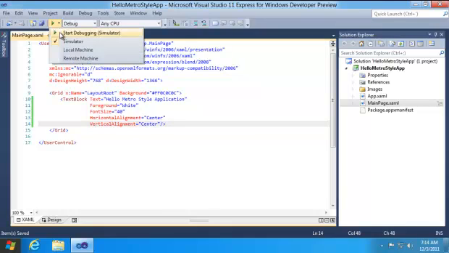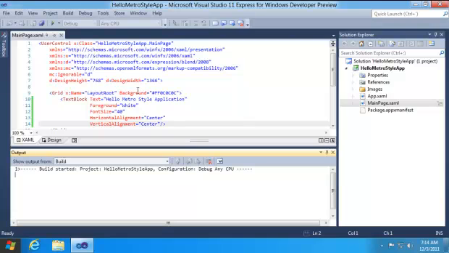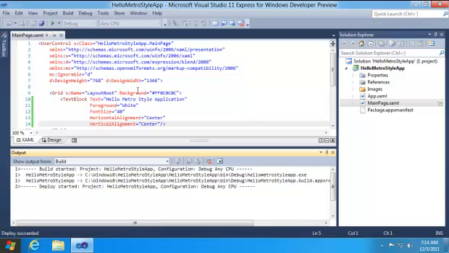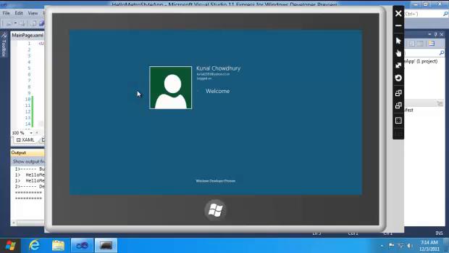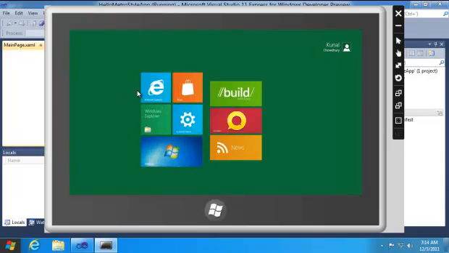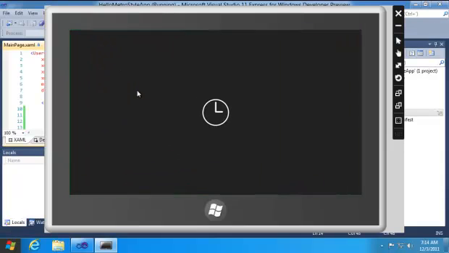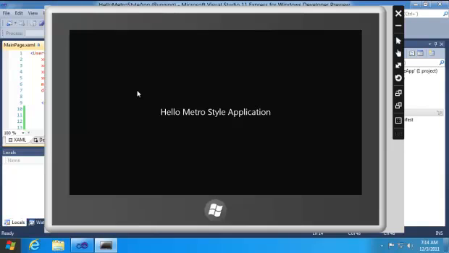Here we choose simulator now and let's run the application in the simulator itself. This will build the project and deploy it to the simulator. Here comes the simulator. In the simulator you will see the same environment whatever you have in your physical machine. You will also see the Visual Studio in the start screen. Once it is deployed, it will load the app. You will see the text that is coming up in the screen, hello metro style application. This is our current view. You can add anything there as per your requirement.